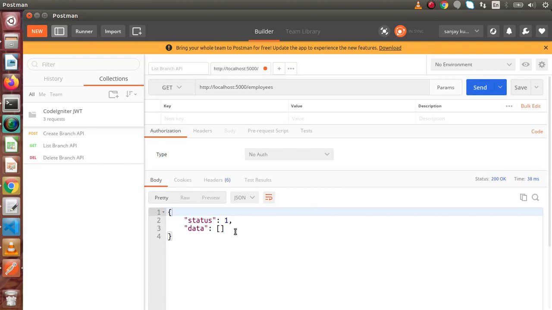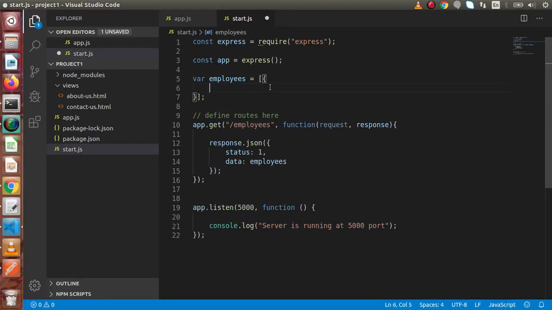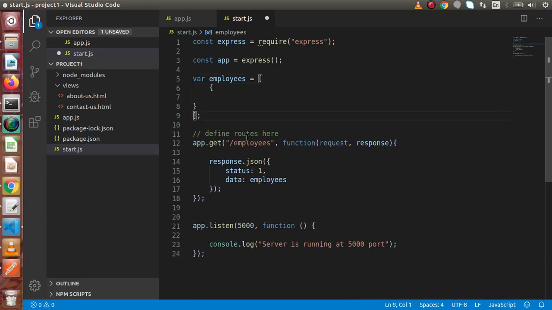So right now inside this data key we have no value. It's because the value we have assigned for employees is an empty array. So let's say that if we are going to store our first employee object,